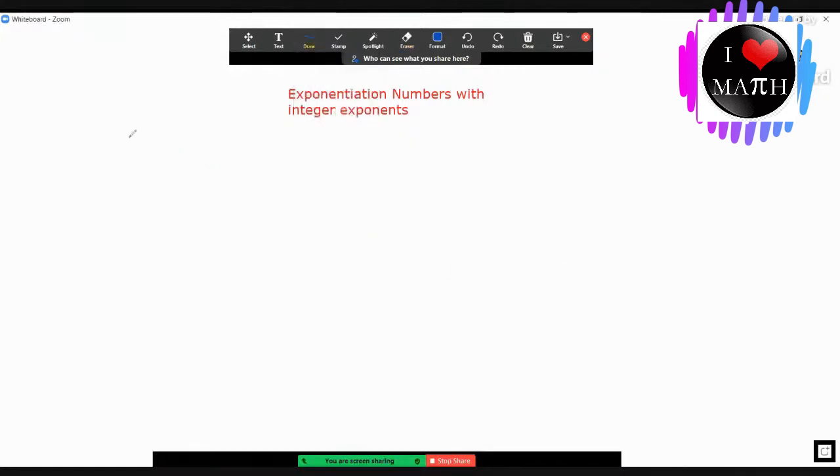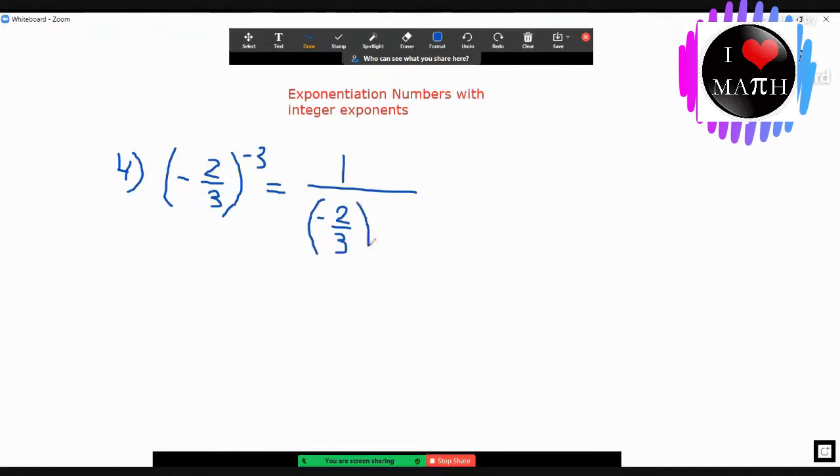Okay, let's do the fraction form. For example number 4, if you have negative 2 over 3 raised to negative 3. Okay, if you write this in its simplest form, this will become the same as 1 over negative 2 over 3, then close and open parentheses, then make the power positive 3. Okay, and then this is the same as 1 over, so it's negative 2 over 3